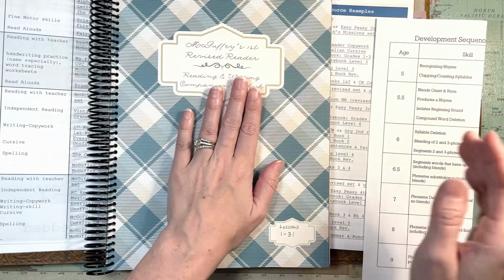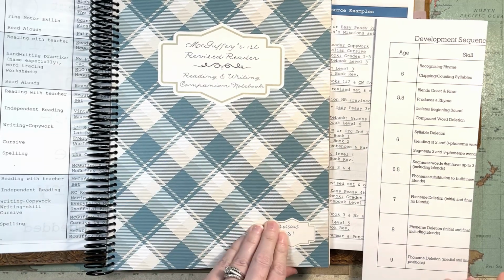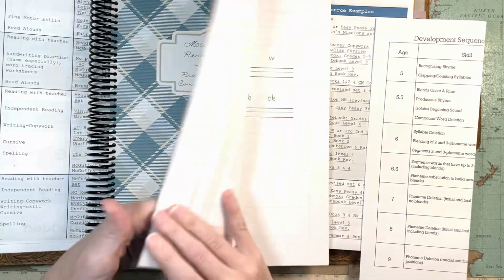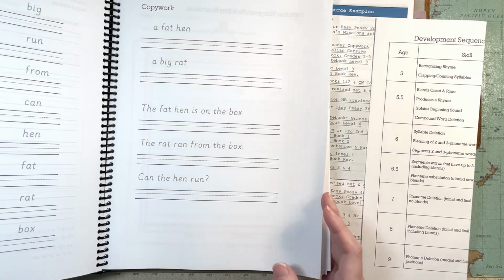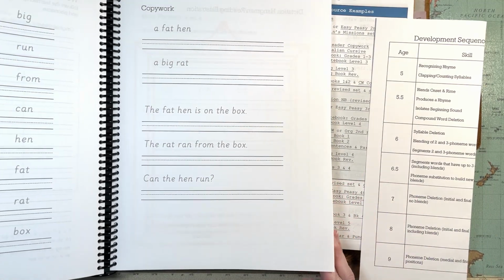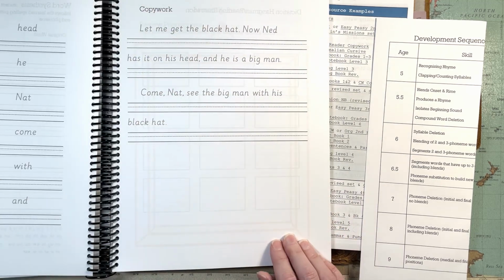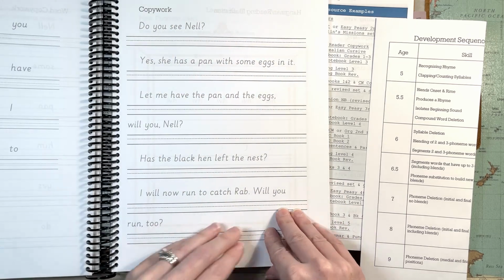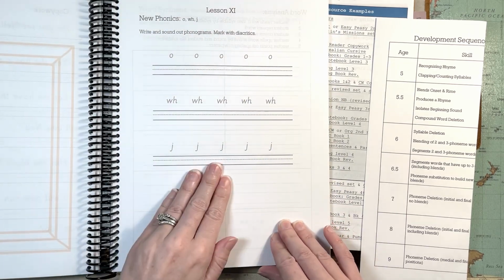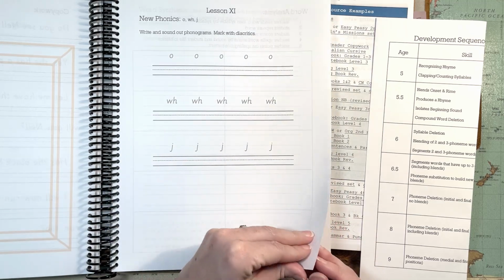So once he gets into the first reader, I'll move him into the first reader companion notebook. This is for the first 31 lessons. I'll link another video where I went through this one. But it's got copy work at the word level. It starts out with some review lessons, like the first 10 lessons are review from the primer. When it gets into the new phonics, we're still working on the phonogram level,